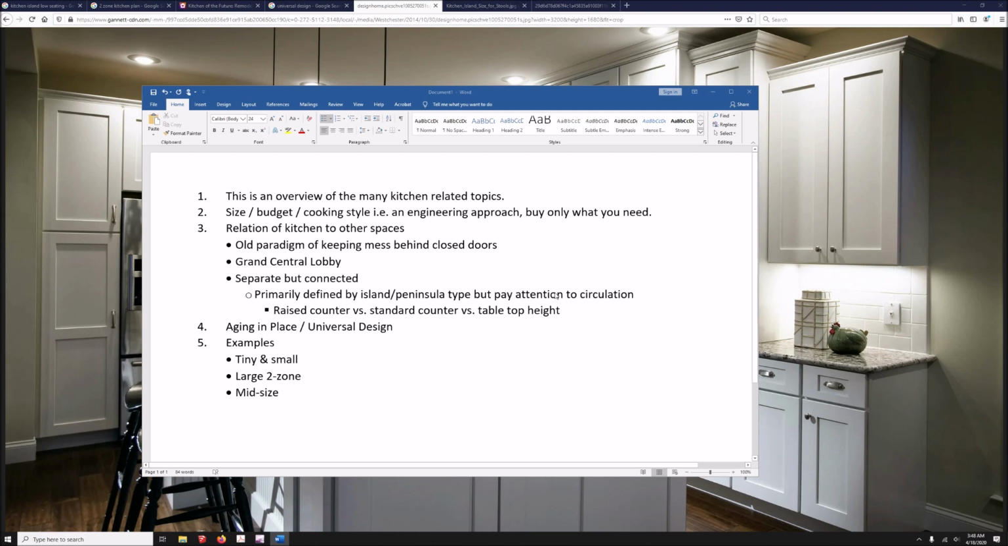That said, I'd say that the starting point really is the size of the kitchen, which is governed mostly by the budget and the cooking style. And when I talk about cooking style, maybe it's my background in engineering, but I tend to take an engineering approach of design for what you need. Don't spend resources on stuff you don't need, and don't spend a lot of money doing design that doesn't meet your needs. So size,